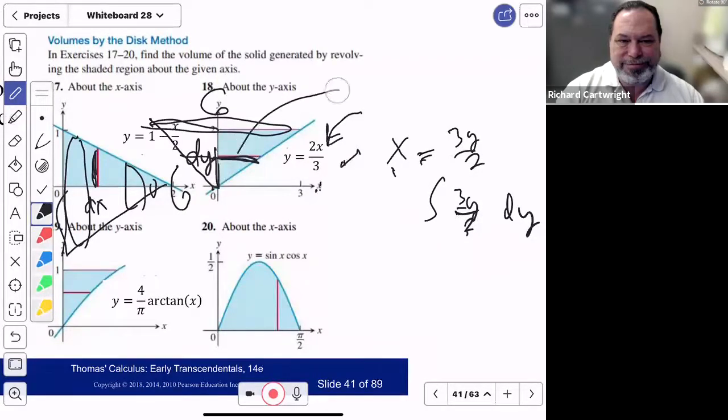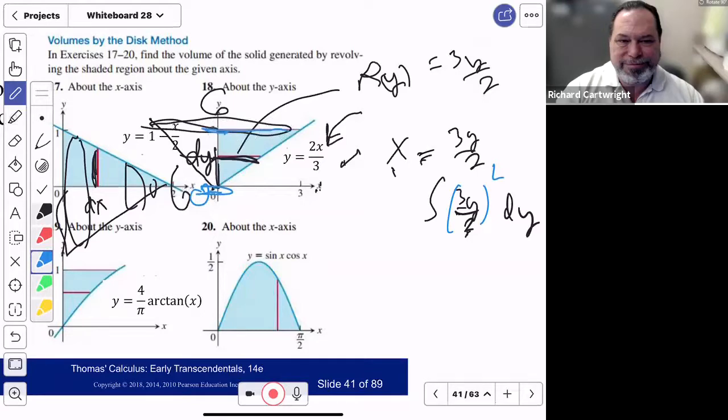There's your radius, Carolyn. Your radius, r of y, function of y, is 3y over 2. So when I integrate that, I have to square that, going from the smallest y value, 0, the largest y value,